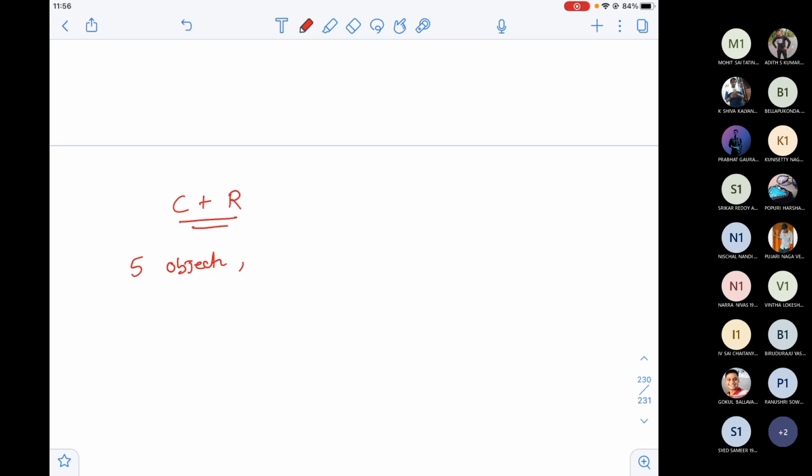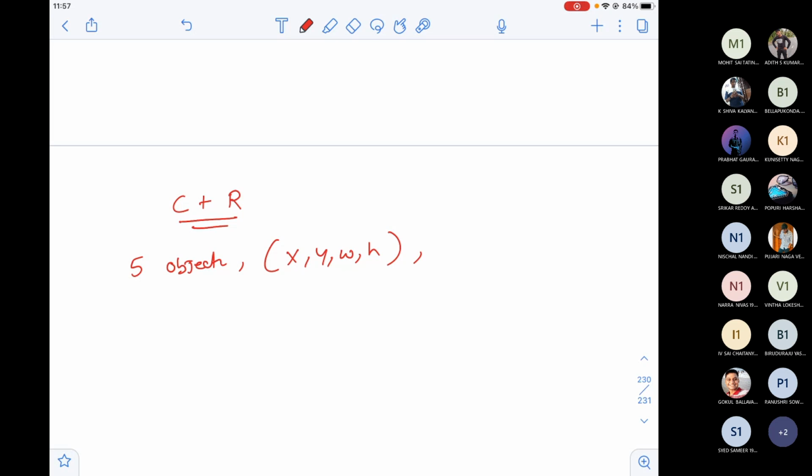If my image has object 1, I have to draw the bounding box. If my image has a second object, I have to draw the bounding box. If my image has the 5th object, I have to draw the bounding box. So irrespective of the object, what are the 4 coordinates? Because I draw a box around any object, the 4 coordinates are x, y, w, h.